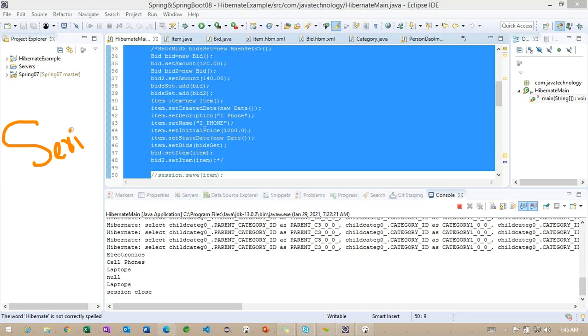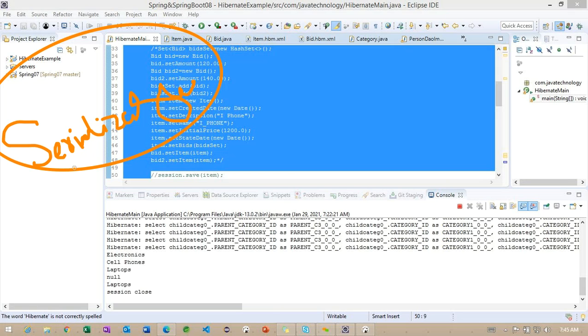So simply we'll make a try catch block, and in the try we are going to provide the transaction related information, and whenever any exception occurs, we'll roll back the transaction here. So this is all about the serializable concept. The serializable concept is coming from the basic Java concept, and they implemented it more in Hibernate as well as Spring. Getting the point?